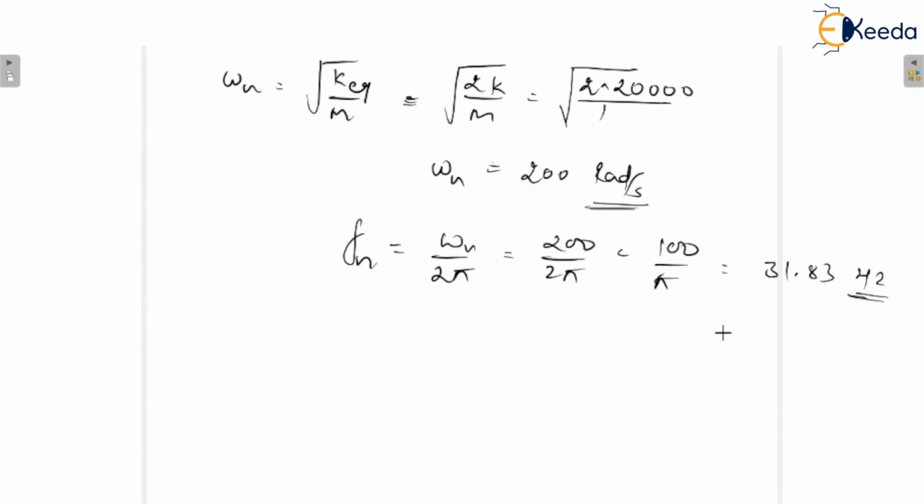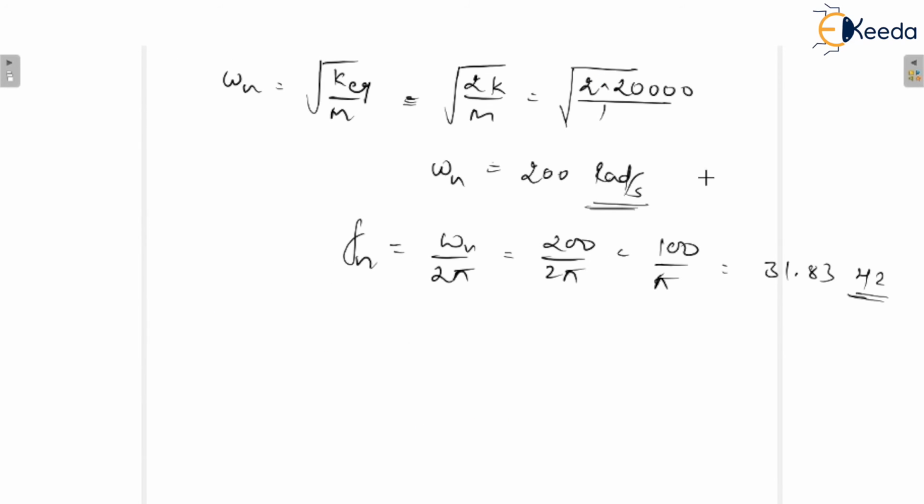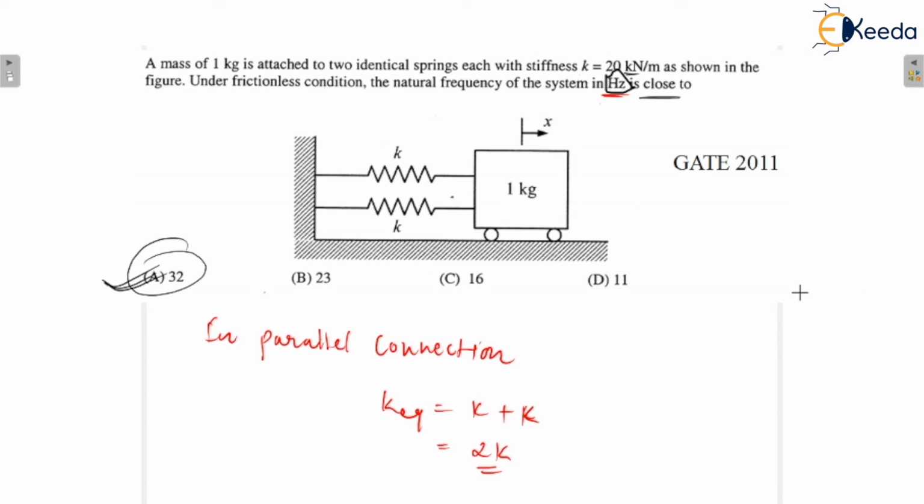See here we get the value of omega as 200 radian per second, so we can cross check, there is no 200 radian per second in the options. That means if we are getting a wrong answer, then we will go to the question in order to cross check what we mistook. So we find out that the frequency is asked in hertz, then we get the correct answer. But if it is a question of integer type, then we are not able to cross check our answer. So that's why you must read the question carefully.